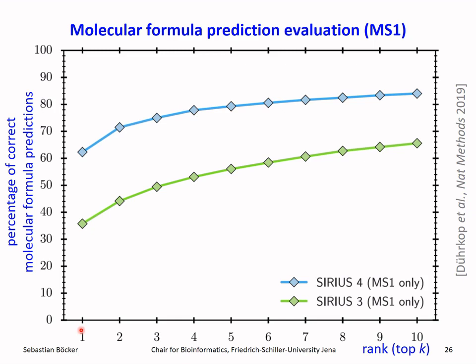Okay? And this now reports that the old scoring, SIRIUS up to version 3, gets the correct molecular formula, gives you back the correct molecular formula at the top position of the list in about 35%. And then just by changing this one line of code, SIRIUS 4 now gives you the correct answer in something like 62% of the cases. That's a dramatic increase for changing one line of code. And the point is, this